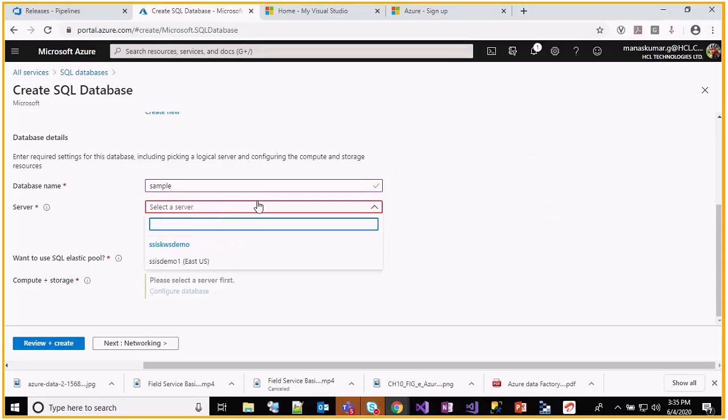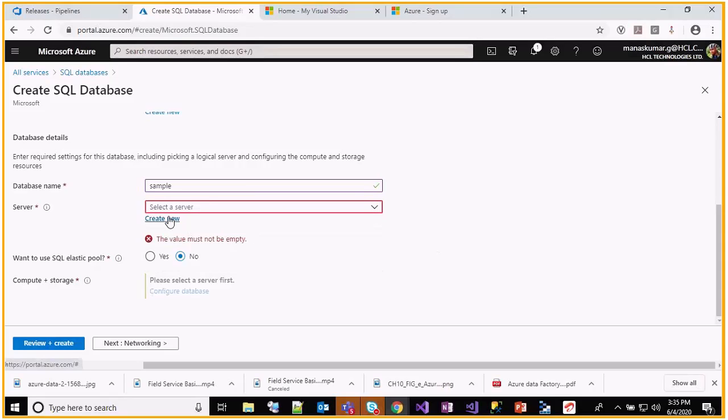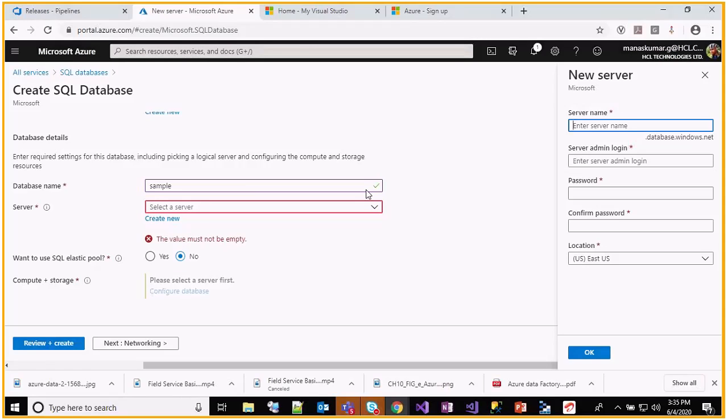If for now many of you will not have these servers, just go ahead and create a new server. While creating the server, give the server name along with login name and password. This login name and password should be rememberable, because without these two, you cannot log into that database. So I will be creating a new server here.